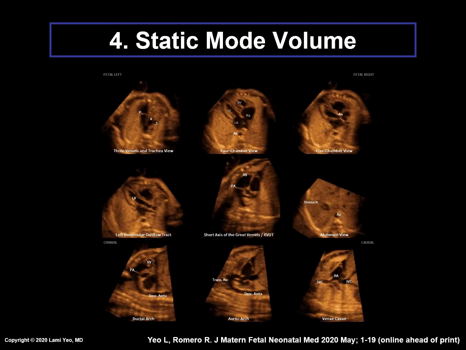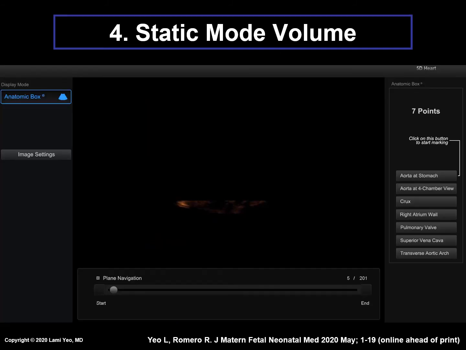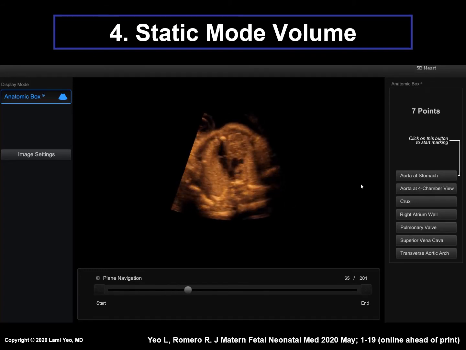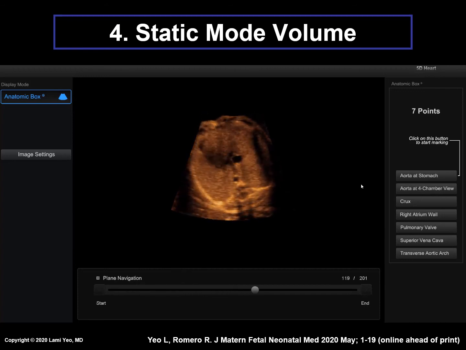This example shows a normal fetal heart in which FINE was applied to a static mode volume. Automatic labeling is also depicted. In this video clip, a static mode volume was acquired in which the fetal spine was originally located between 4 and 5 o'clock.